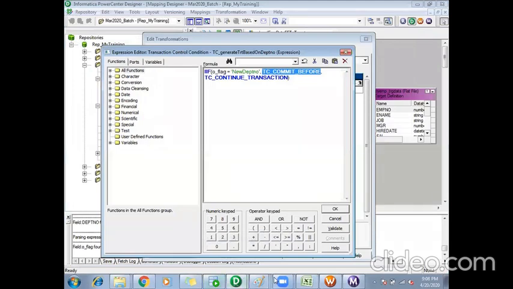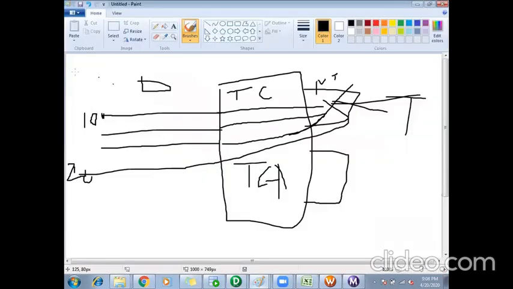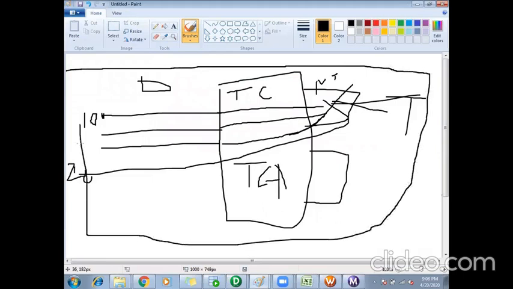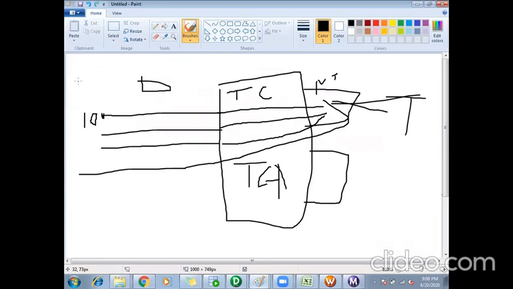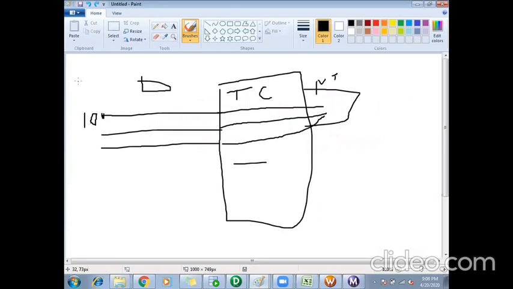So guys, let me know if you didn't understand this commit before and commit after. If you don't understand this, then you are not understanding the transaction control itself. If you want me to repeat one more time, I can do it, or if you have understood, let me know. Guys, yes, no?